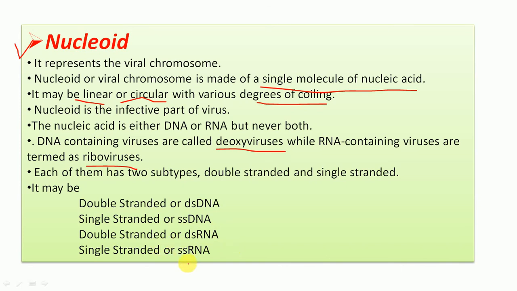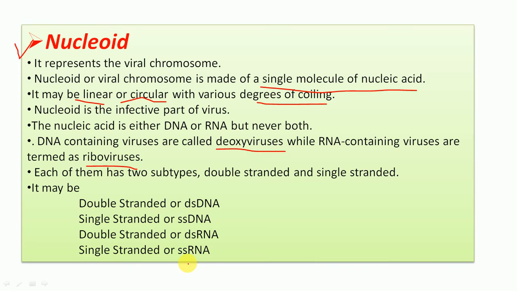So when we talk about double stranded DNA, it is found in T2, T4 bacteriophages, and it may be circular or linear. Similarly, when we talk about single stranded DNA, it is circular, and it is also known as the plus strand. And the complementary, that is the negative strand, is synthesized to produce a DNA duplex, and that is important in the case of replication or multiplication.